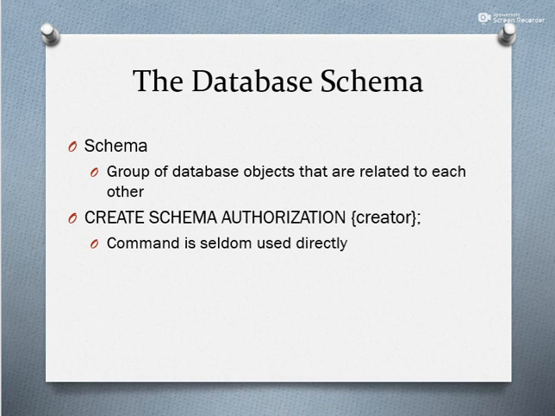Most enterprise RDBMSs support this command. The CREATE SCHEMA AUTHORIZATION command is used to create a schema, and then we have to give the name of the creator who wants to create this schema. Here I can say CREATE SCHEMA AUTHORIZATION, and here the creator or username; in the book they give the example of John. So a schema will be created for the user John, but who can run this command? Only John, when he is logged into the system with his ID, can run this command. No other user can create a schema for another user.